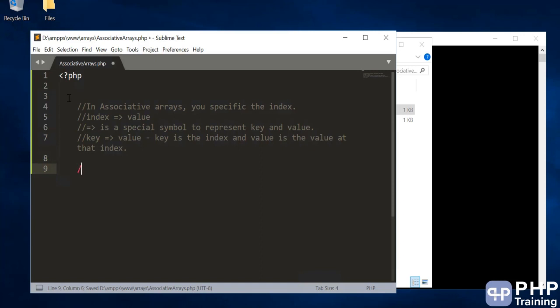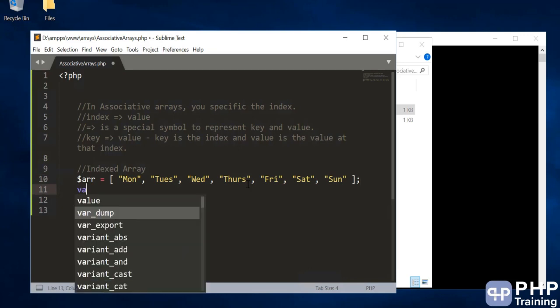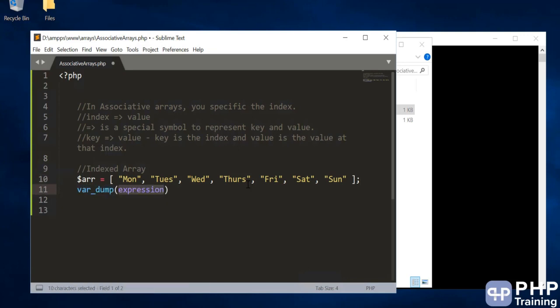So let's do an example and understand associative arrays. Before that, let's do an example of indexed arrays and then we'll convert into an associative array. So here is an array which is indexed automatically. It has 0, 1 and all those things automatically created. We are not specifying any index for this. When you do a var dump of this,